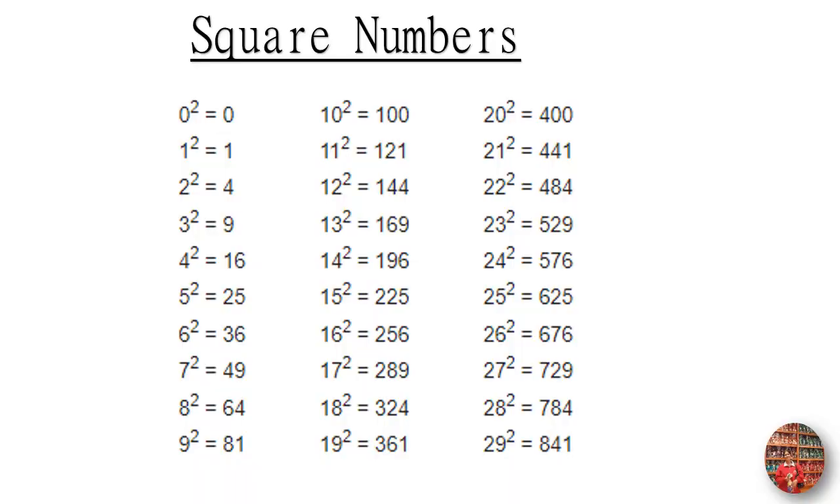So this is the list of square numbers. Square numbers are 0, 1, 4, 9, 16, 25, 36, 49, 64, and so on. The squares of the numbers are given in this chart from 0 to 29. Now if you observe this table,